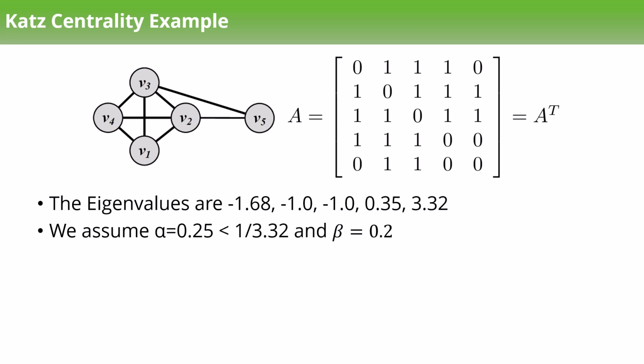So lambda max is 3.32. So alpha equal to 0.25, which is less than 1 by 3.32. So here we choose alpha as 0.25, which satisfies the required condition. So the resulting graph shows the most important